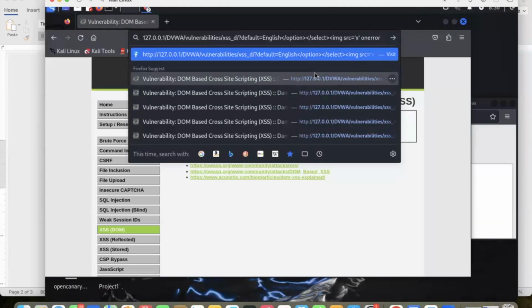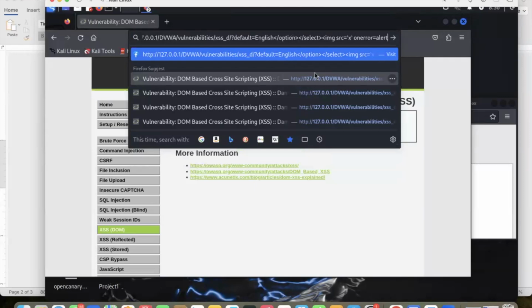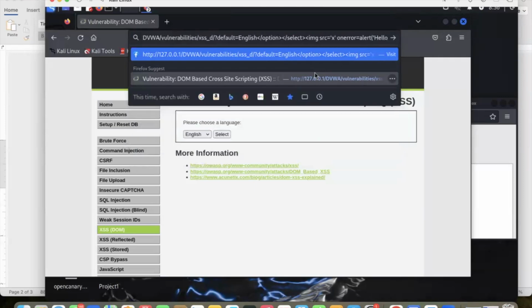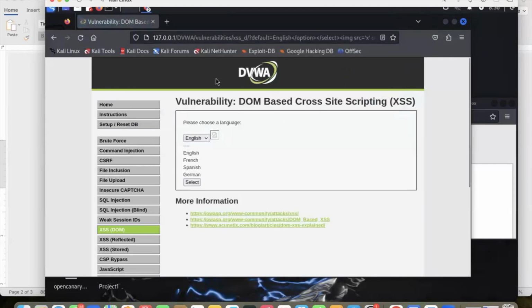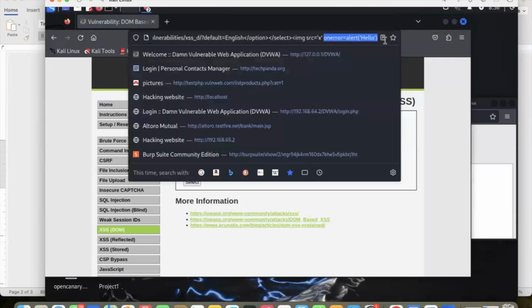So upon error, we are getting an alert, and let's say hello. Let me try this. Let's try if it works. It didn't work. It might be my mistake here. Let's say alert and